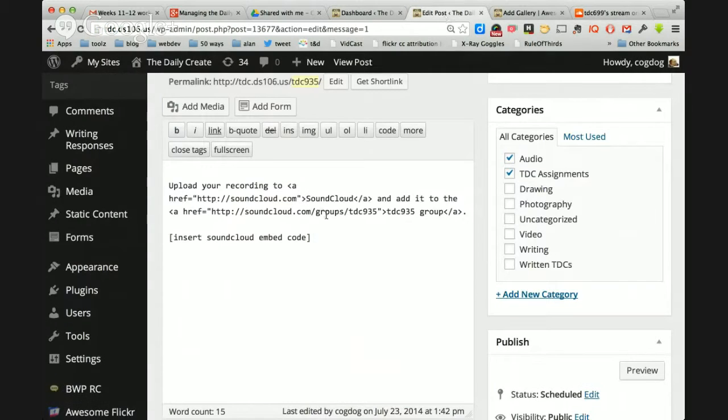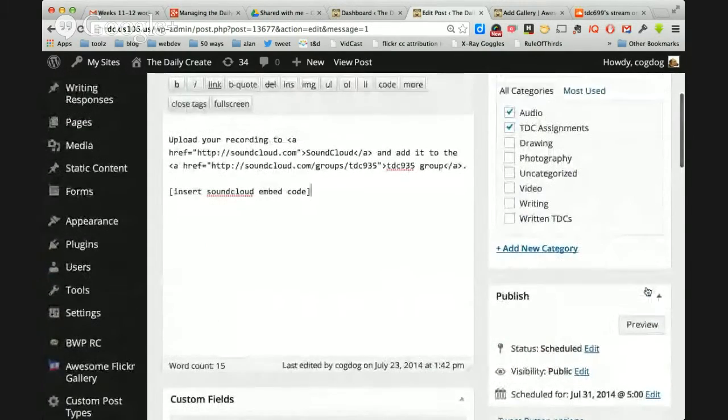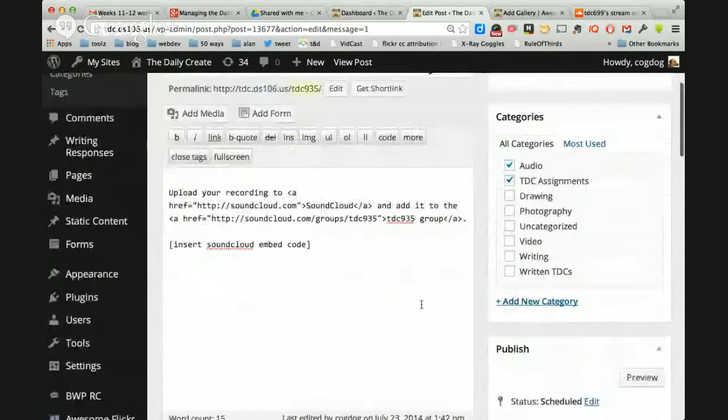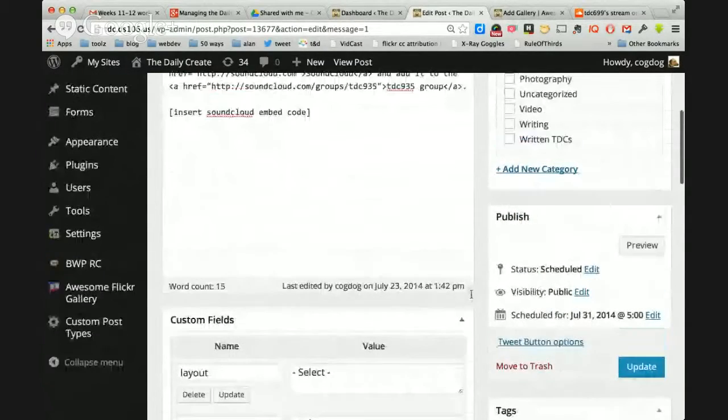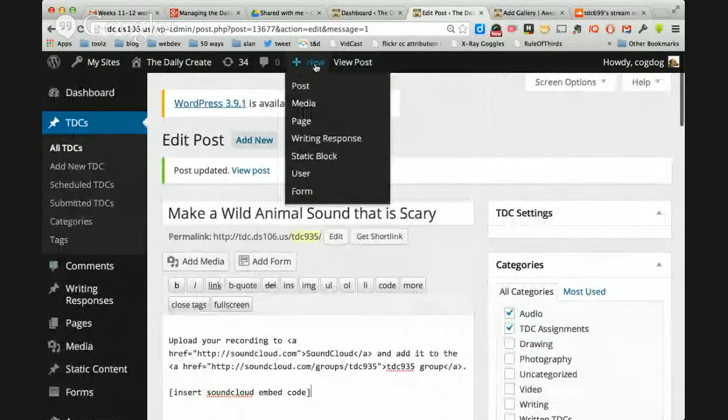And then we would go back here and paste it over this particular embed code. I'm not going to do it right now because I actually didn't create a proper group, but I will. This one's still in the queue, so I can leave it here and come back later and insert the proper SoundCloud, as long as I remember to do it before it goes live. So that's creating a sound or audio one, the most complicated. I'll talk about my strategy for dealing with audio in a second.